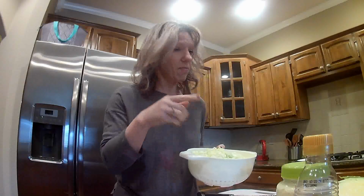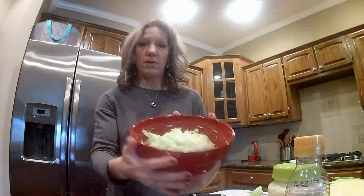So I am going to go and wash my cabbage, and then I'm going to chop up the celery and the onion and the other things, and then mix this all up. I'm kind of excited. It should be good. All right. I chopped up the cabbage, I've washed it, and now I can put it in a bowl, which